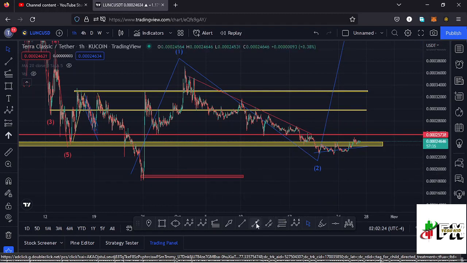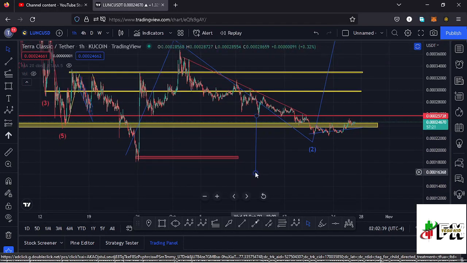And the target area of that breakout is the height of that triangle, so using a trend line we can get that height and then place it down here to give us a minimum target area to the lower side back to around the $0.00016 mark. So that is the minimum that I expected that movement to the lower side to take us back to,